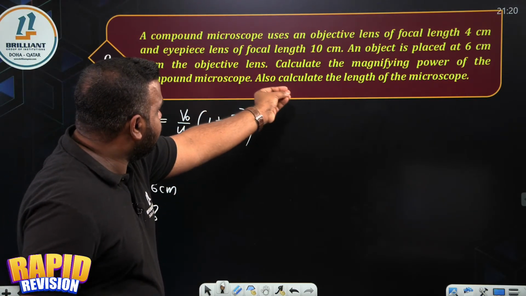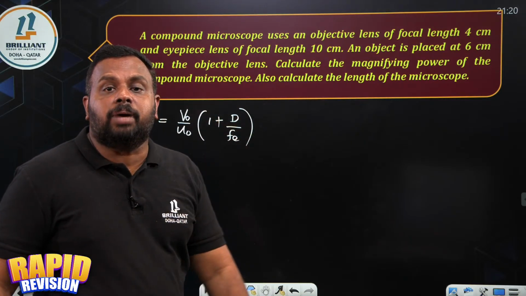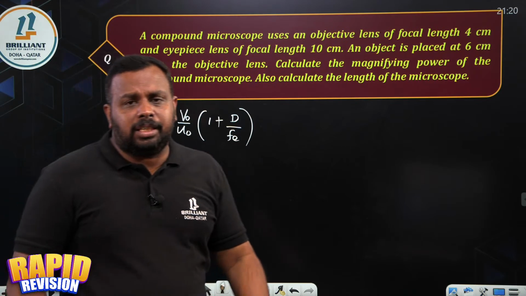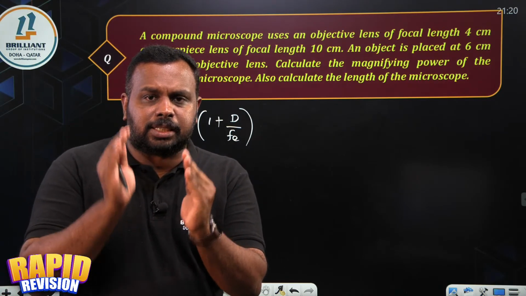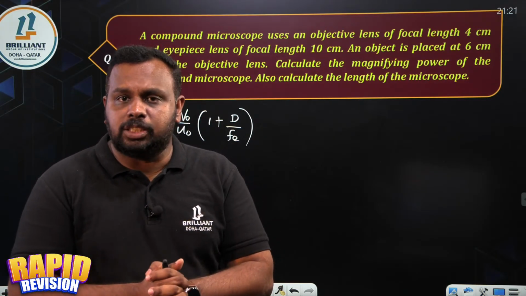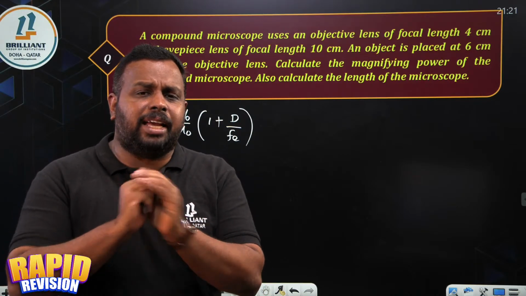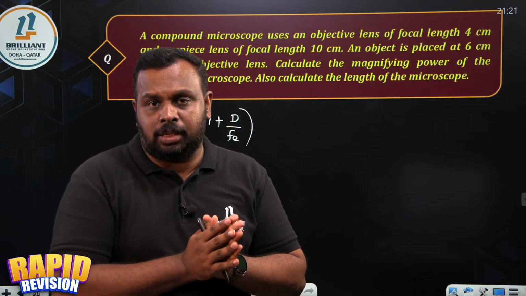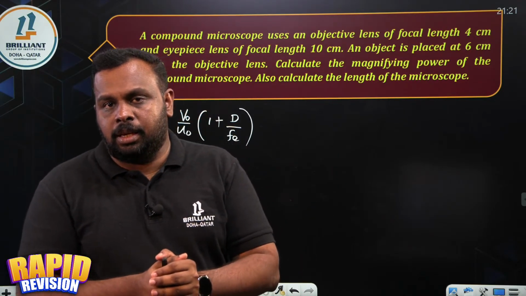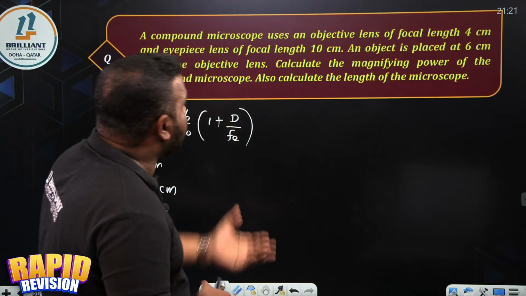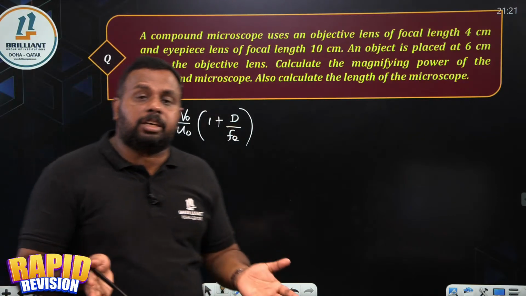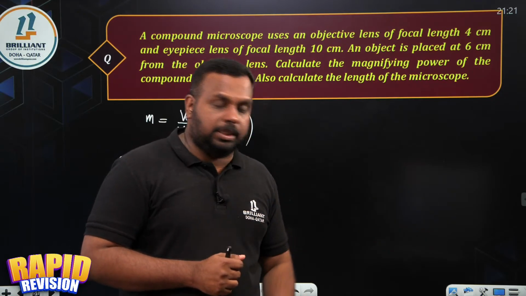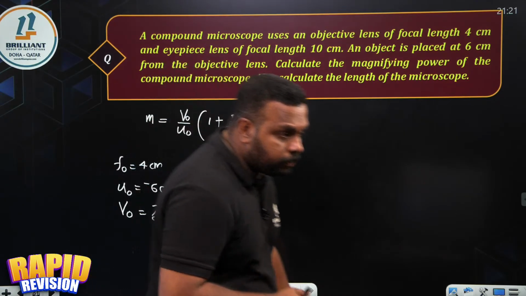Now there is another question. Please don't miss it. Also calculate the length of the microscope. How can you find the length of the microscope? If any numerical is asked from optical instruments, please don't go directly with a formula, because there are different formulas, different cases. The length of the microscope is the distance between objective and eyepiece. So just draw